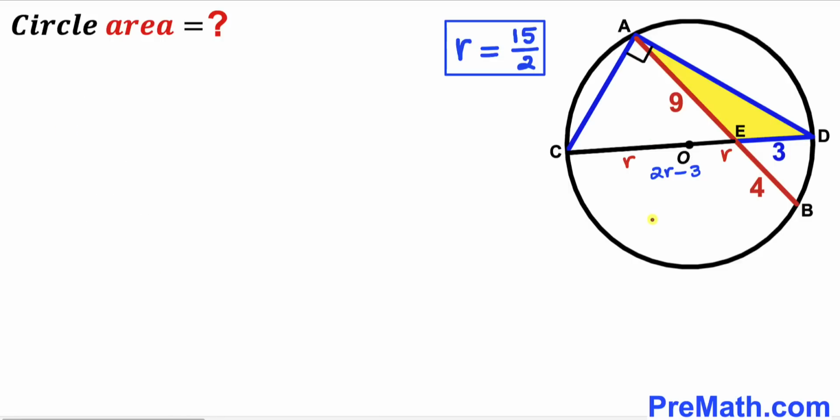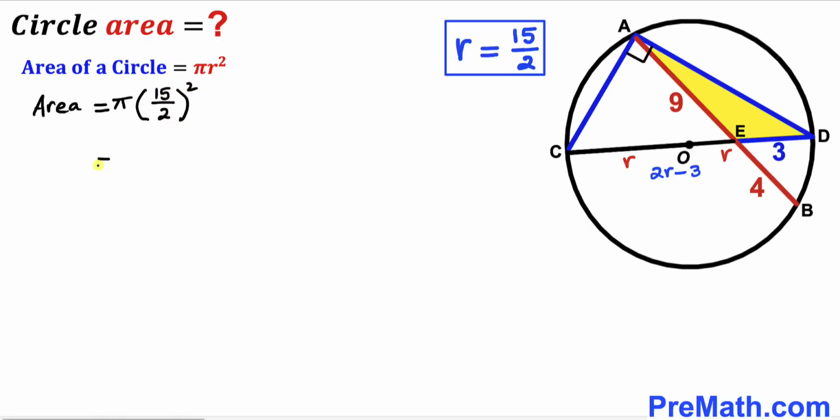And here's our final step. Now we are going to calculate the area of this circle. Let's recall the area of a circle formula. Area is always equal to pi r squared. In our case, our radius r is 15 divided by 2 units. So let's fill in the blanks in this formula. The area of this circle is going to be pi times our radius, 15 divided by 2, whole squared. And if we take care of this square,